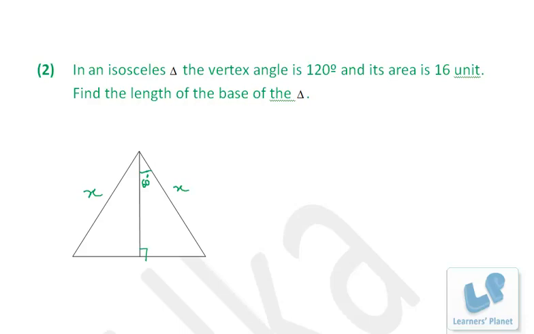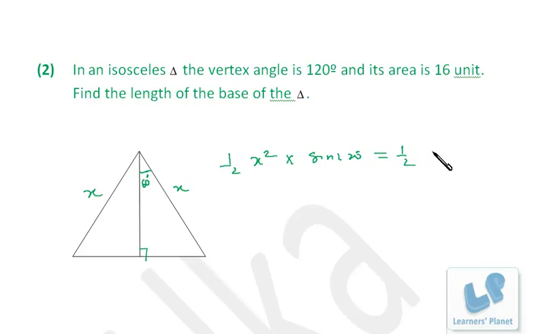Now I don't have the length of the base as well as the length of the altitude, right? So I cannot equate it to area, right? So what I'll be doing, I'll be using the sine formula to find out the area of the triangle, right? Now what's that? Half x into x, that is x square, into the angle between these two, which is 120 degrees. So half x square sine 120 degrees is equal to half